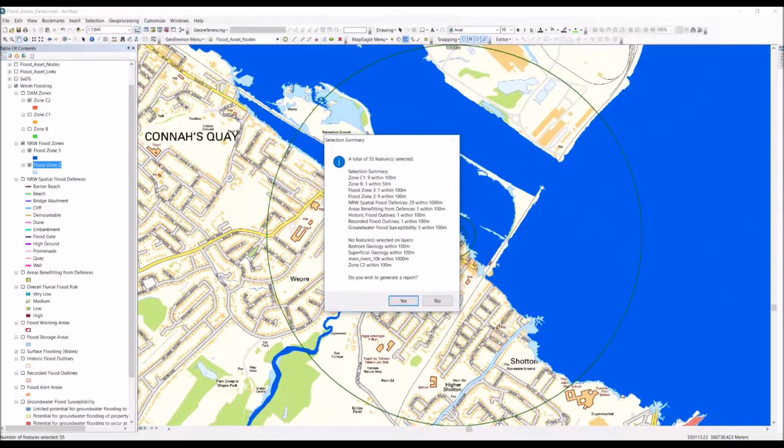So flood zones, any spatial defences, areas benefiting from flood defences, any records of flooding, and I've got some groundwater susceptibility here. Also, obviously, if you're not aware, in Wales they have a development advice map which characterises flood zones into defended and undefended zones 3 and 2. So we've got zone C1 and B there. If you're not familiar with that designation in Wales, so